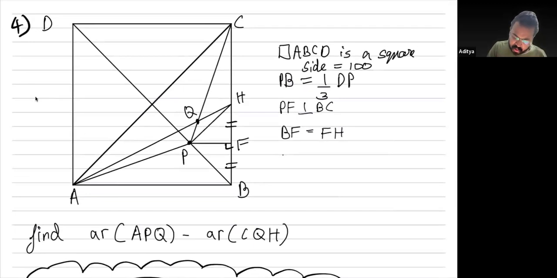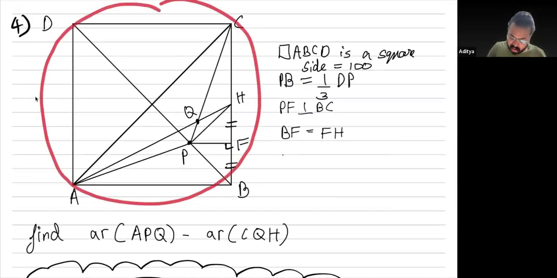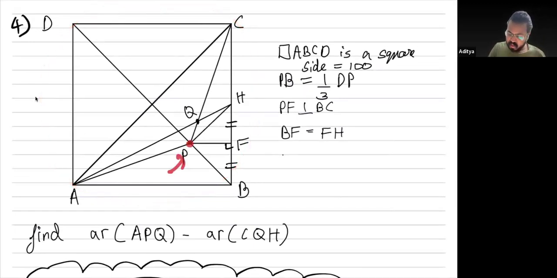The thing about this question is that the position of P doesn't actually matter. Here it is given that PB is one third of DP, which makes it one fourth of the way across the diagonal, or halfway between these two points. You can then use some amount of coordinate geometry, and